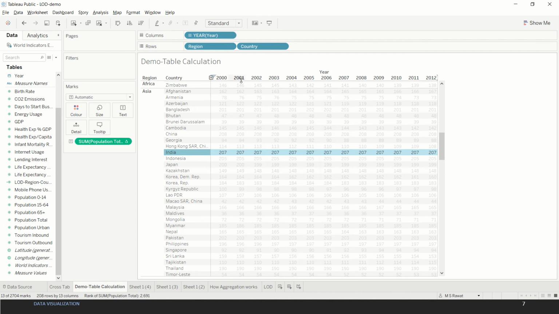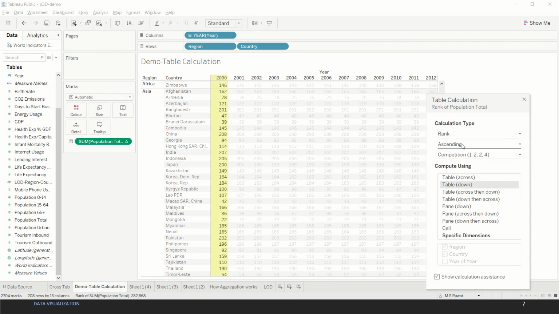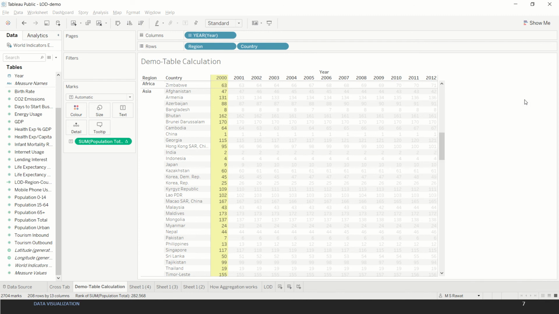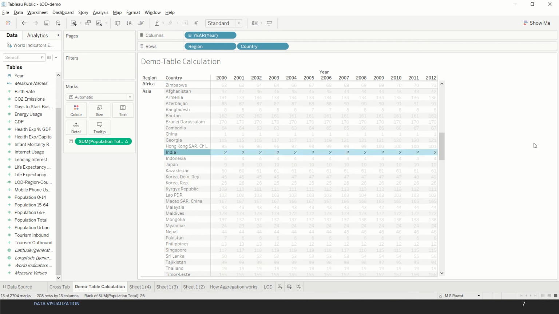Similarly, from 2000 to 2012, every time the rank remains 207 in each column. Now how we have ranked here is based on the order which is ascending. If we reverse it and then see the ranking, now the ranking becomes 2 because India has the second highest population in the world.